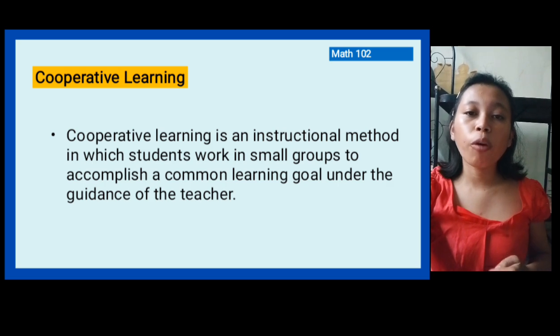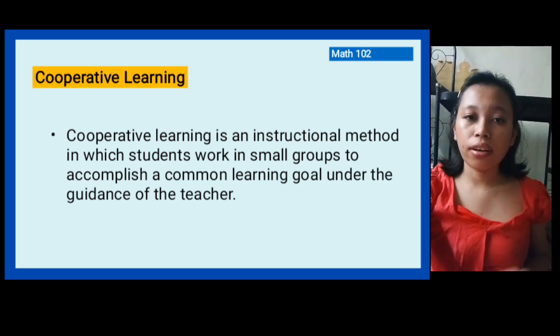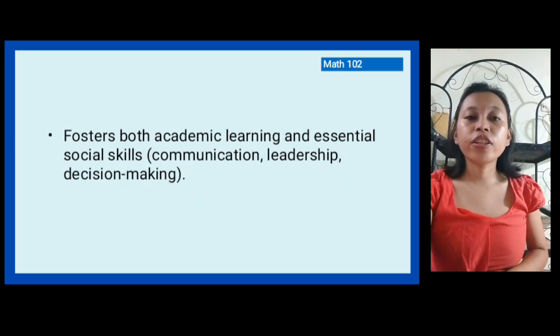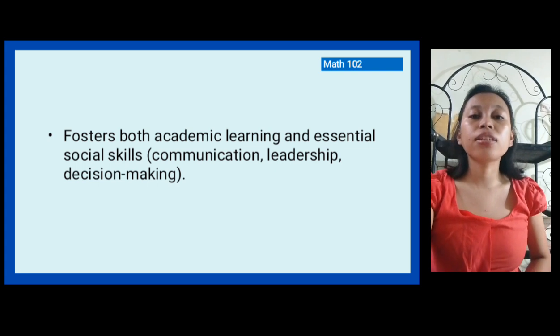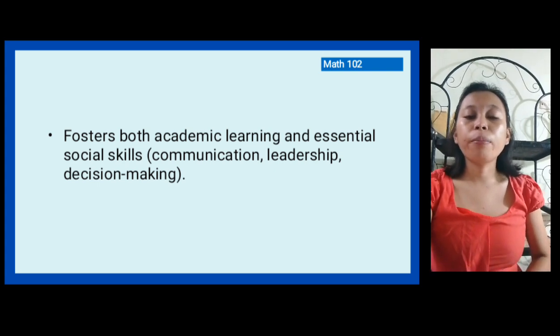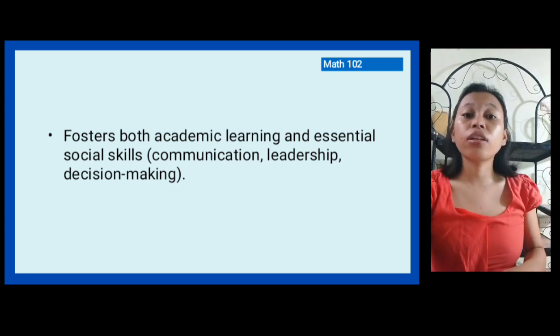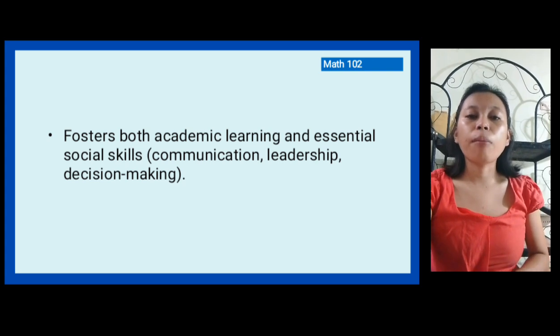The purpose of cooperative learning is to provide opportunities for learners to work together. Cooperative learning fosters both academic learning and essential social skills: communication, leadership, and decision making. This statement describes an activity or environment that benefits both intellectual growth and personal development skills like communication, leadership, and